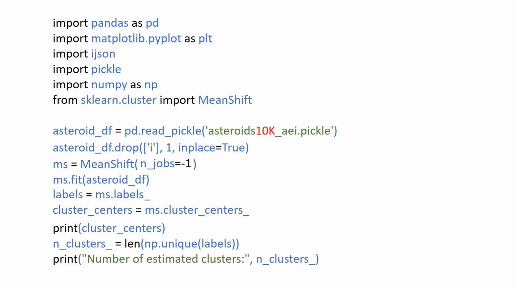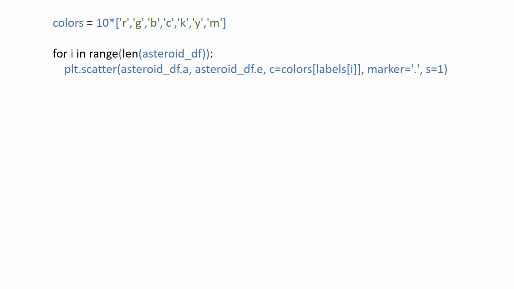Now we want to show these clusters in our graph. So we're going to create a color variable with different colors, named as letters because that works. So we have red, green, blue, cyan, black, yellow, and magenta. We want to use more than 7 colors because we can have more than 7 clusters. So we do this times 10. So basically what you will get is red, green, blue, cyan, black, yellow, magenta, red, green, blue, cyan, black, yellow,